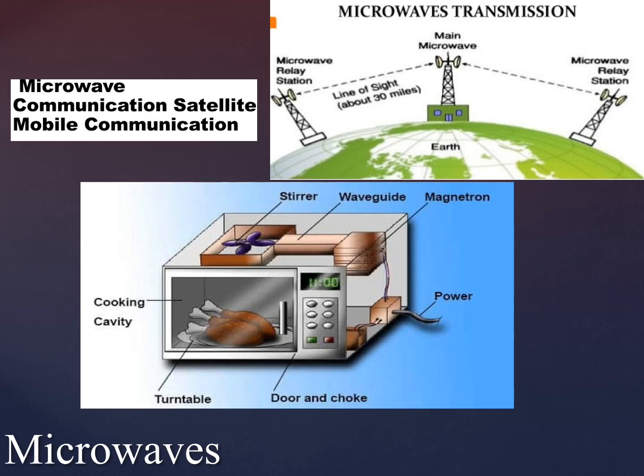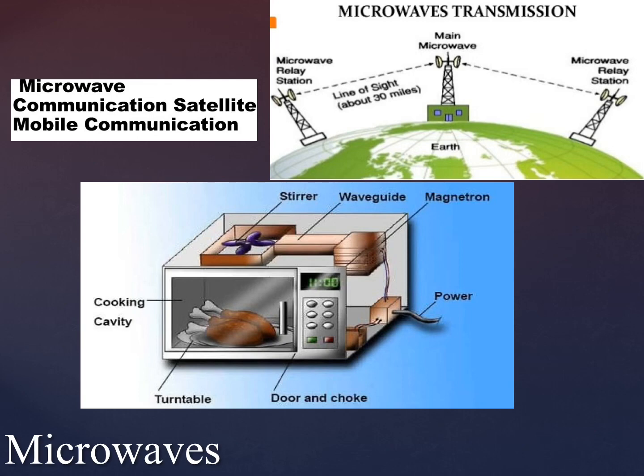Of course, in the picture in front of you, the metal fan is the stirrer. What does the energy of a microwave do to the food? The energy of a microwave causes the water molecule inside the food to vibrate, to move back and forth. The vibration of the water molecule causes the temperature of the food to increase. This is how a microwave works. Now, microwaves can penetrate several centimeters into the food, so it can go deep into the food.